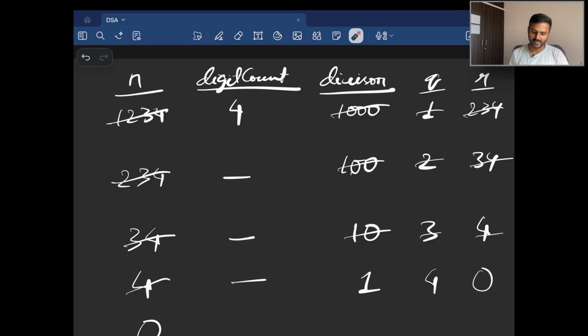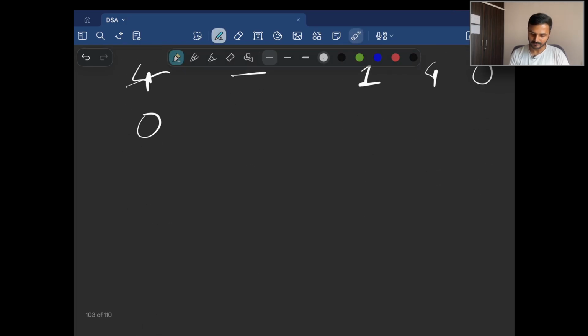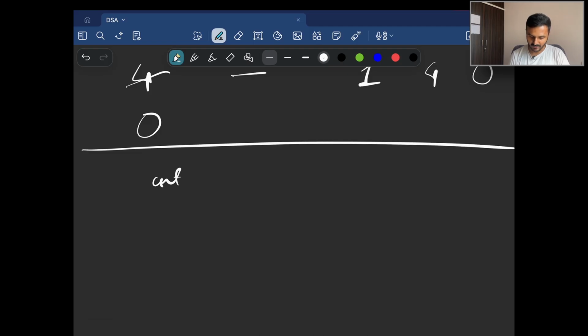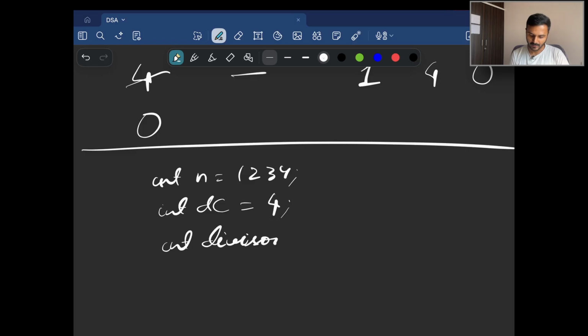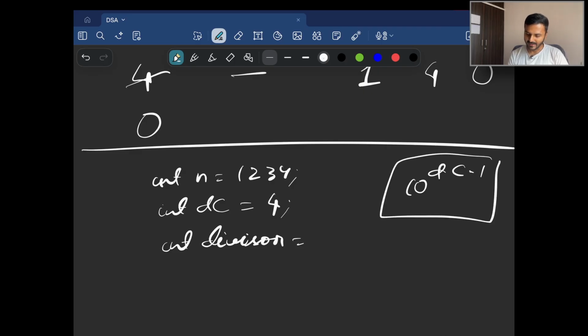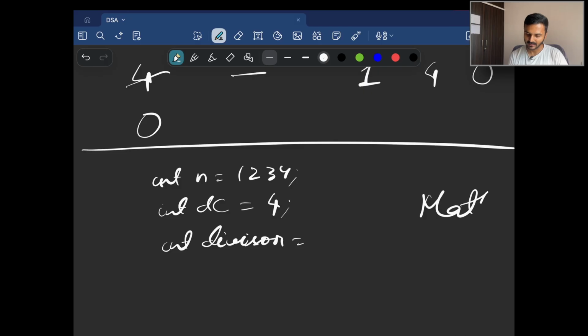So taking this into consideration, what would be the code for this? Let's discuss that. So now we have int n, which is 1234. Then we have counted the number of digits, which is 4. Then the first thing that we have to do is calculate the divisor. Now, as we know, this divisor is 10 power dc minus 1. So again, there are different ways in which we can find 10 power dc minus 1. But over here, what I am going to do is use a method of the math class itself,